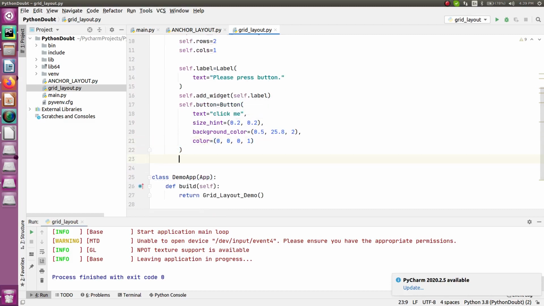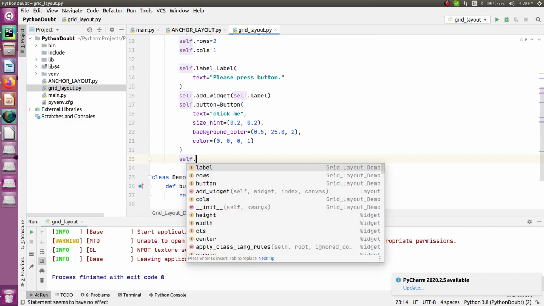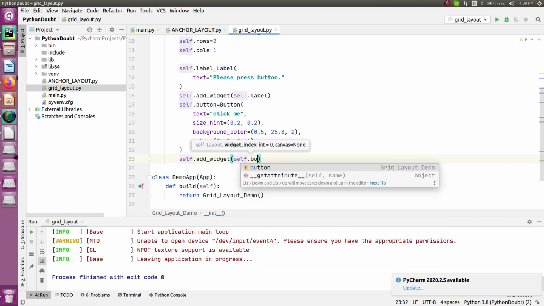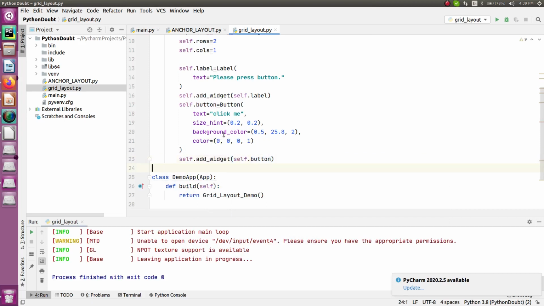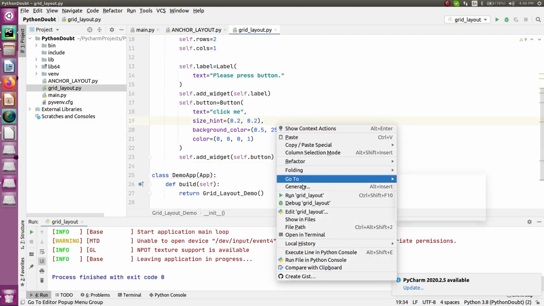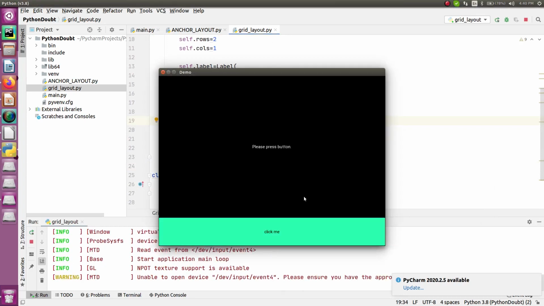So this is all I have done, and the last thing is to add this widget to the layout, and that layout is grid layout. So just do it quickly: add_widget, and in here you just have to do button, right? So with this you have added two different widgets. The first one is the label and the second one is the button. So you have added both of them to the grid layout. So this is how you can add them, right? Now everything is done, everything is set up. You can run your application again and you will see how your application is going to look.